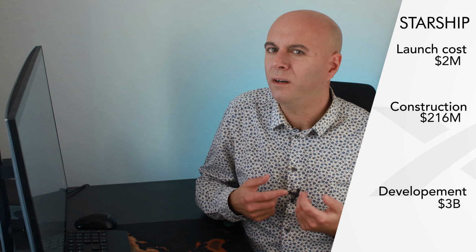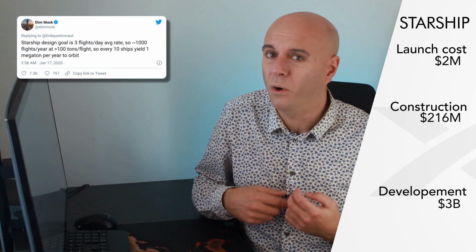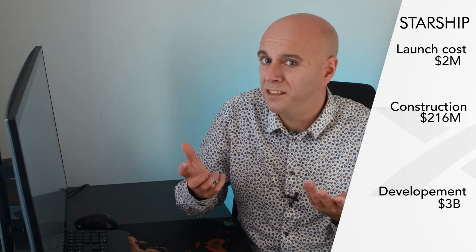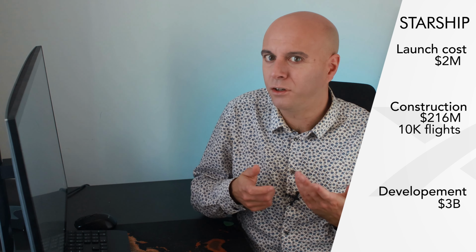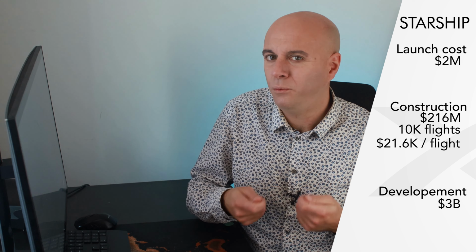Then it all depends on how often the Starship will fly. Elon Musk's plan is to build 1,000 Starships and fly them 3 times a day, every day, for 10 years. With these numbers, each Starship would fly 10,000 times, and the construction cost of $260 million would translate into only